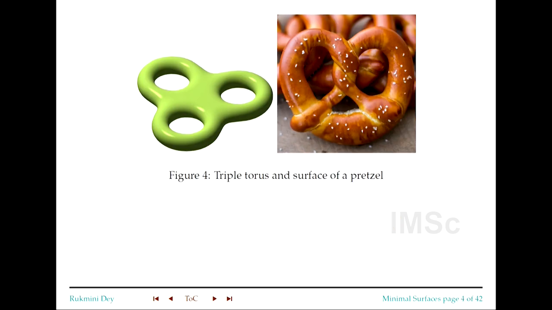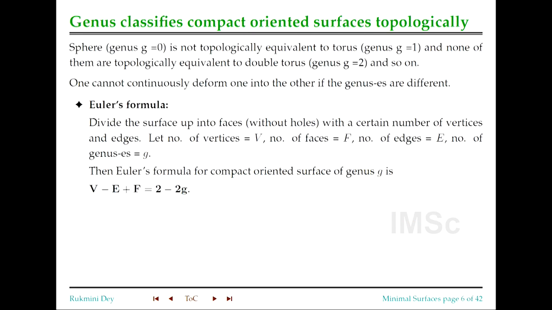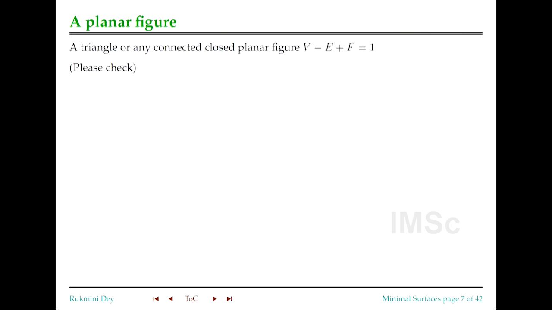This is a triple torus, so genus 3. So to a sphere, you keep adding handles, and that gives you the genuses, the holes through these. And there's a beautiful formula of Euler, which says if you can divide it up into